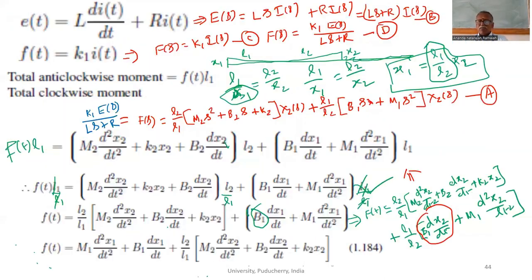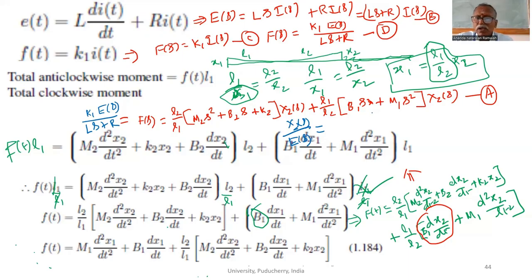So here, X2(s) is available on the right-hand side, and E(s) is available on the left-hand side. What we have to find is output by input. Therefore, X2(s) upon E(s) equal to, this will come down, this also will come down. Therefore, what you will get is